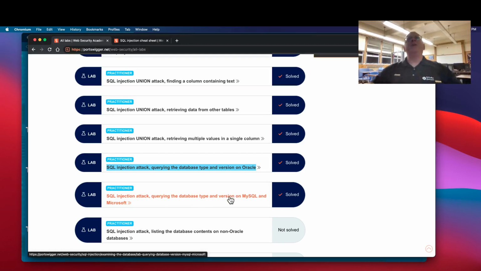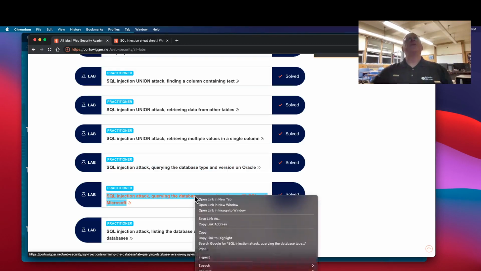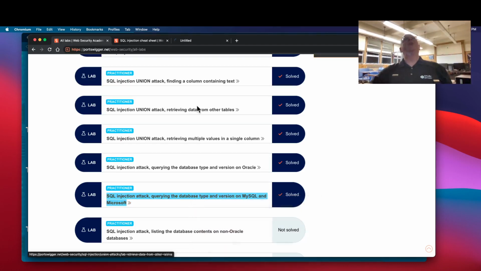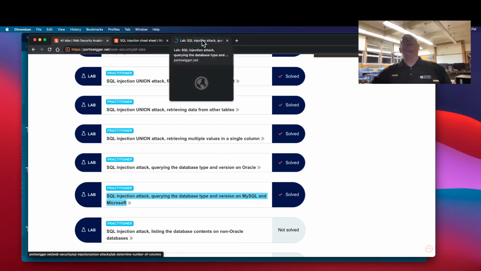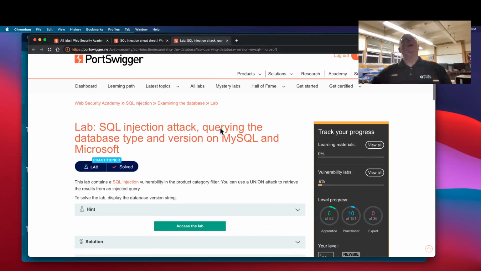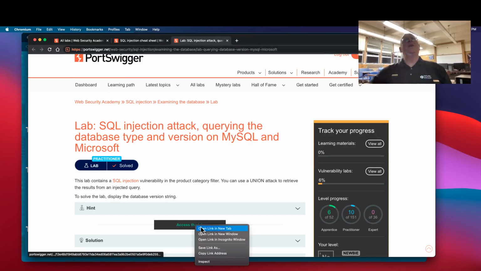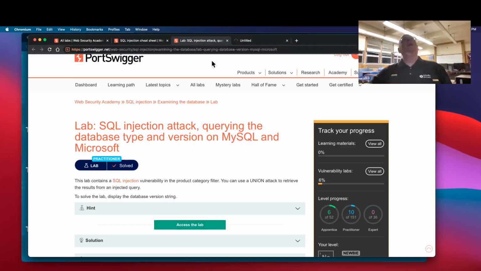This is database type and version on MySQL and Microsoft. And if anybody, no union. Oh, if somebody put on no union. If you see why I'm not getting credit for it, that would be nice. I don't know why it's not popping up giving me credit for that one I solved. But anyway, this one here is going to be